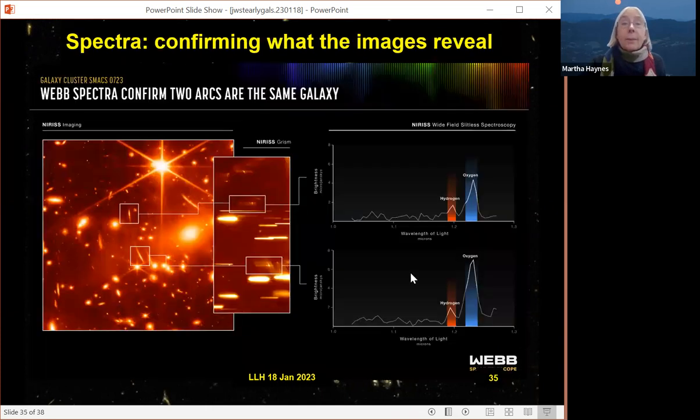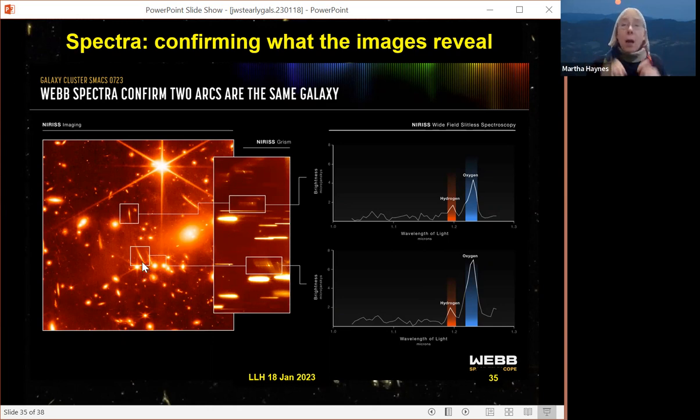So the way they do that is Webb, JWST, takes an image and it finds some interesting objects. So here's one of the features that's seen in the infrared image. You can see these two streaks, and it takes the spectrometer and it looks at the two streaks and breaks the light up into different wavelengths of light. And what it sees is that this part is a little fainter and this part is a little brighter, as you can see here, but they have exactly the same pattern of the light,